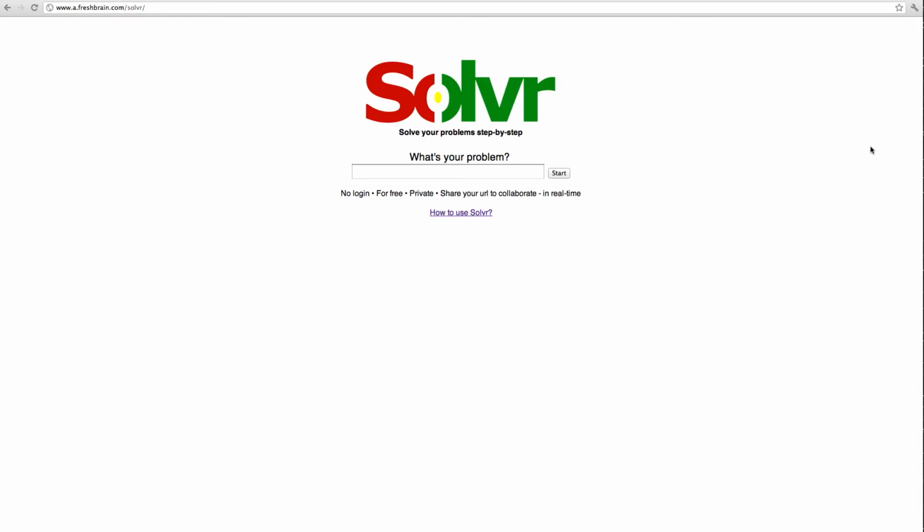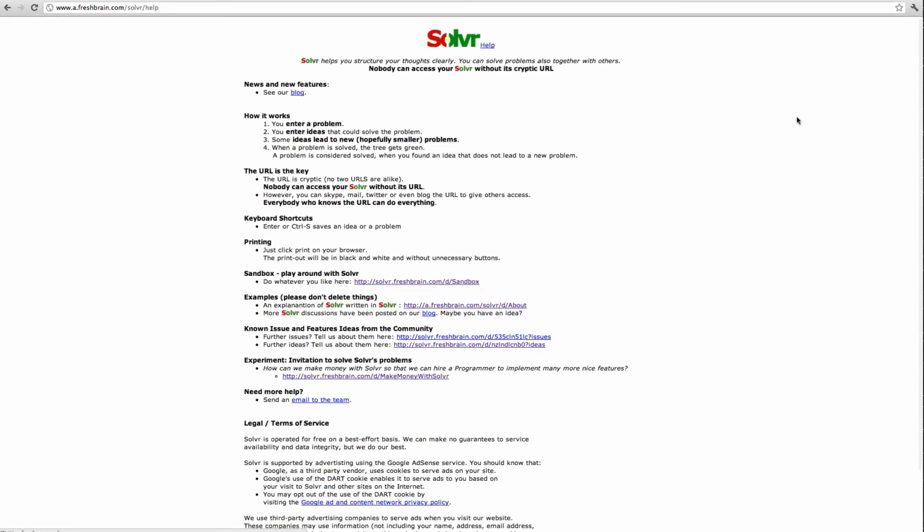Today we're going to discuss Solvr. The great thing about Solvr is its sheer simplicity. Solvr is a clean and easy to use discussion forum and problem-solving tool for individual or group use, which makes it an ideal tool for use in the classroom. Why don't we go to how to use Solvr to first have a quick look at just how to use